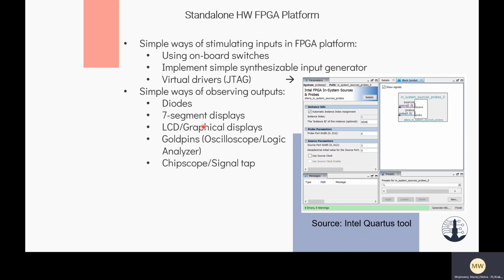but the limitation is that in the oscilloscope or logic analyzer, you may not have enough separate channels to observe. So if you want to observe hundreds of signals at the same time, you will likely not be able to use an oscilloscope effectively. So to achieve that, the FPGA vendors also provide some pieces of software like ChipScope or Signal Tap